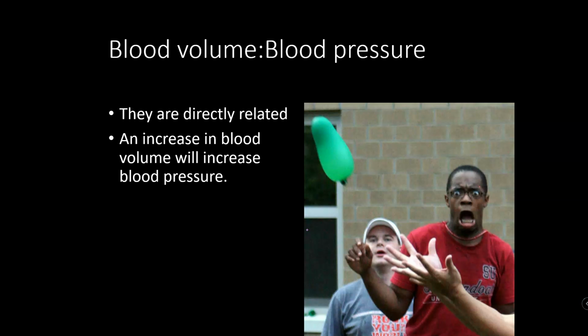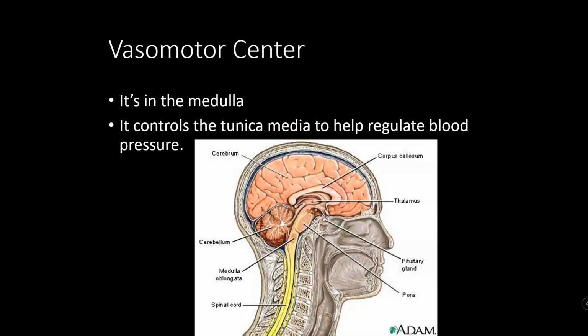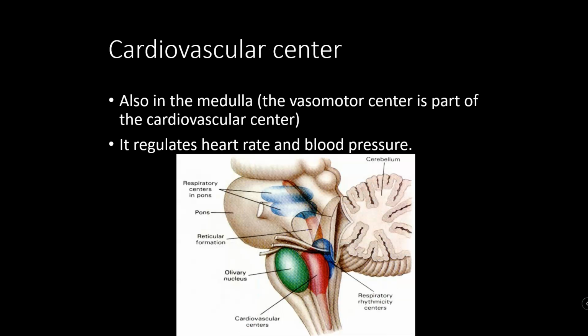It's why we spent so much time talking about those hormones in some of those previous chapters. Okay. Vasomotor center. Anytime you see vaso, that means blood vessel. Motor means movement. So we are talking about the smooth muscle in the blood vessel. And this is the center in the brain that controls that. So this is in the medulla, or the medulla oblongata if you want the full name. And it controls the vasoconstriction or vasodilation, which essentially means the vasomotor center helps you regulate your blood pressure by controlling vasoconstriction and vasodilation.